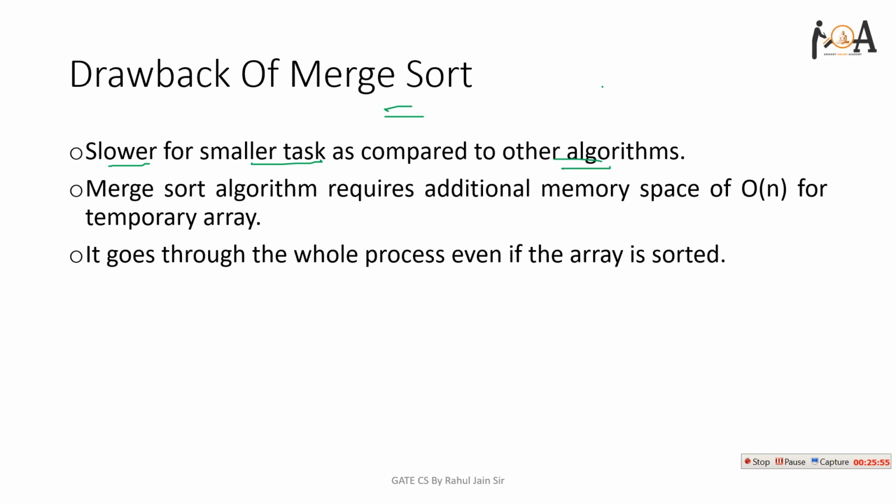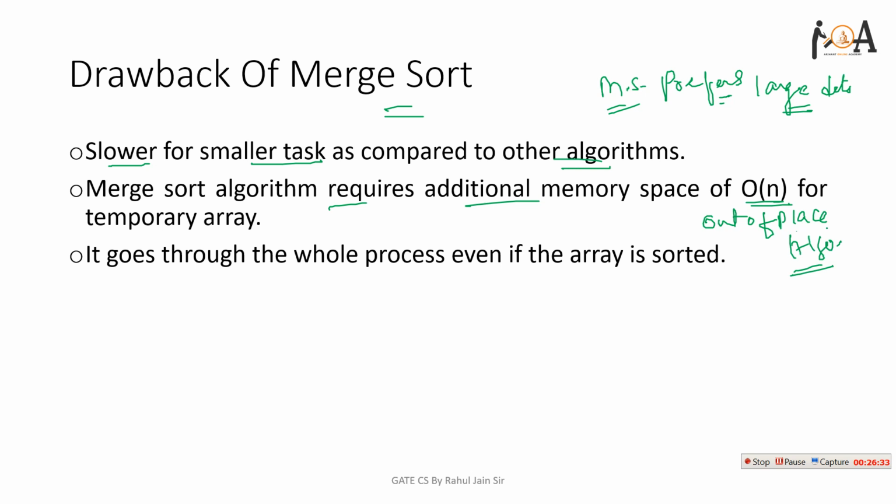Means you can simply say that merge sort prefers large data, right? So if we sort smaller problems, smaller tasks, it would be slower as compared to other algorithms like insertion sort, right? So that is why it is preferred for large elements, massive data. Okay, and the merge sort algorithm requires additional memory space of order of n for the temporary array. That is why it is called an out of